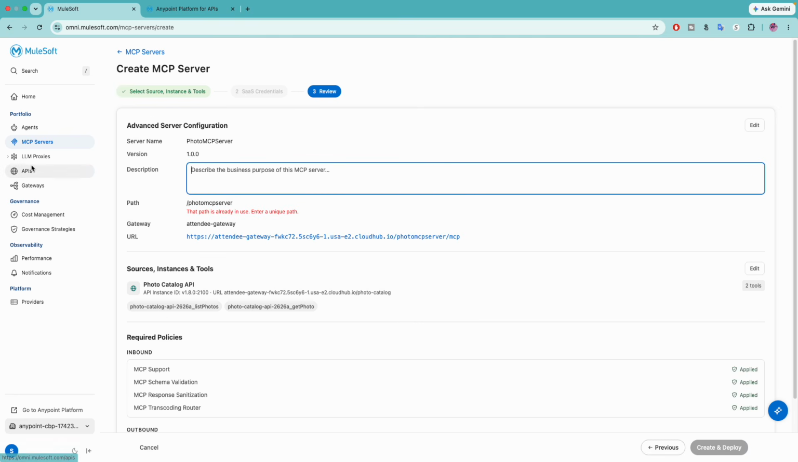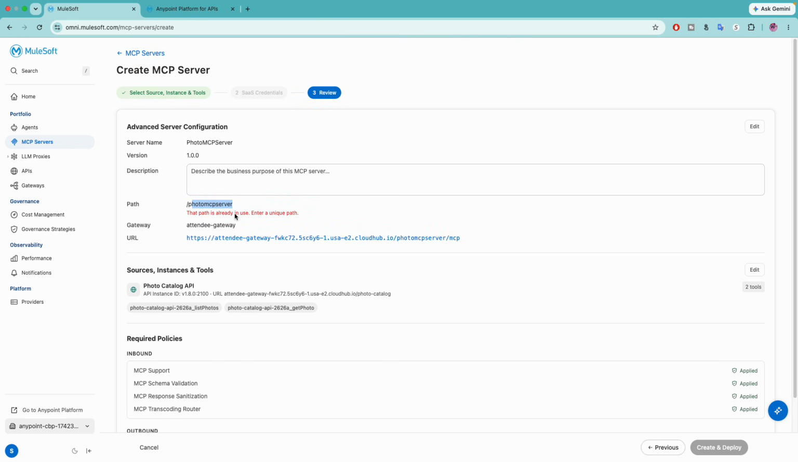I tried to create one earlier. I think that is the reason it is showing this error here. It's already in use because I tried to create something which was not this. But